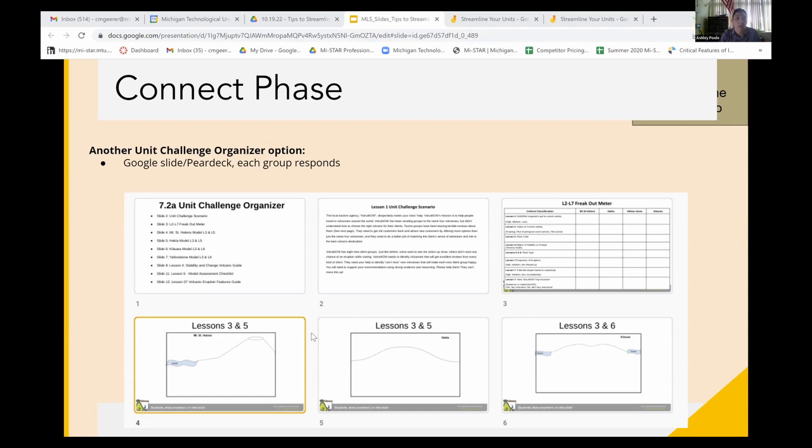One of the ways to keep them accountable is to either make a Google slide deck that goes along with this, and then they each respond on their own. The whole group can work together to complete it, but each person needs to draw it on the slide. Or I also use the program I was talking about earlier, Pear Deck, where they click through it as they go. And so I'll make the whole unit challenge organizer into a slide deck, give them the link, and then,